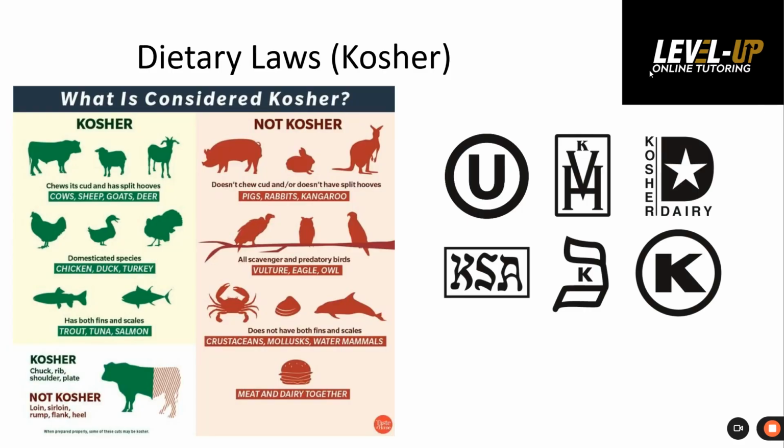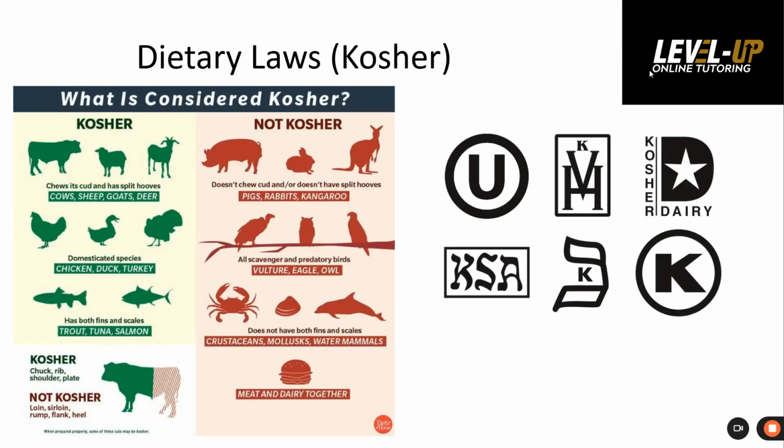Now, you'll see down there at the bottom, you can't have meat and dairy together. So there's no cheeseburgers, no lasagna, none of that. Nothing that allows for meat and dairy to mix. Hence why also the back end of the cow can't be eaten. And that's because of where the dairy is produced within the cow. Sometimes it will seep out into the fibres of the meat, meaning the meat is now mixing dairy and meat.